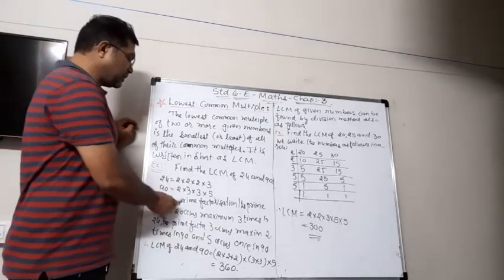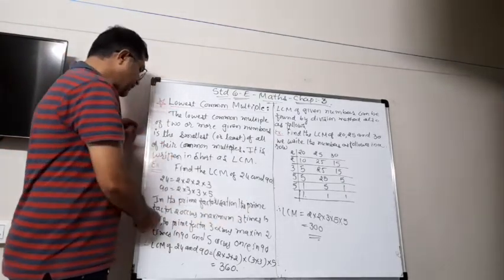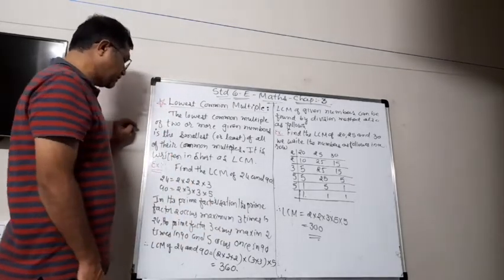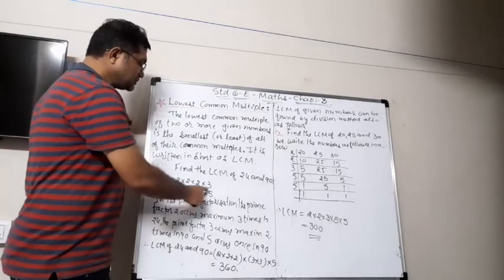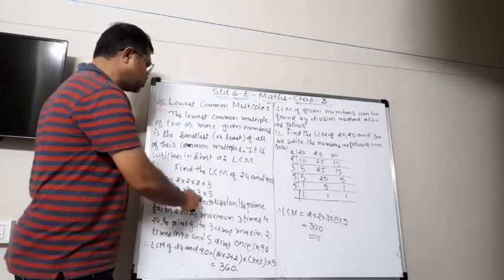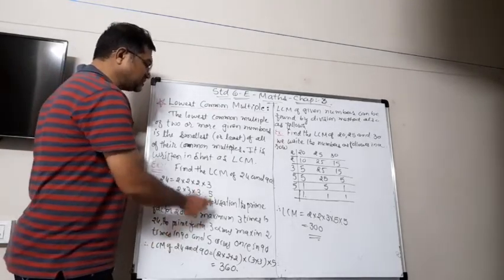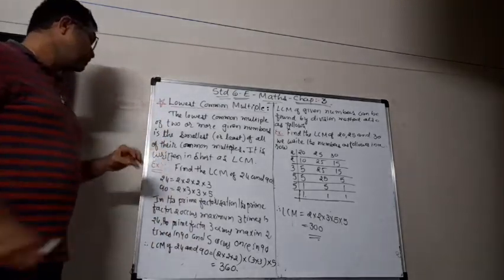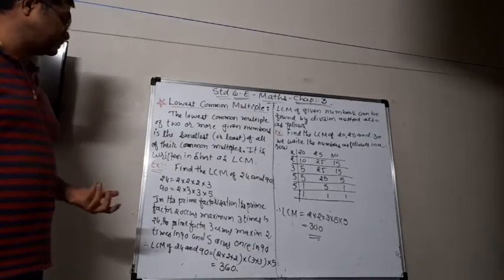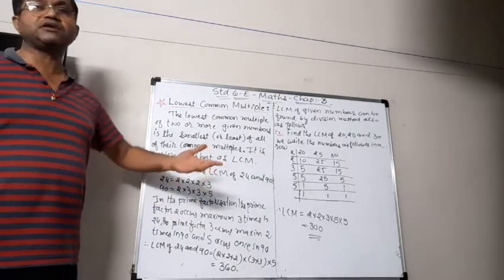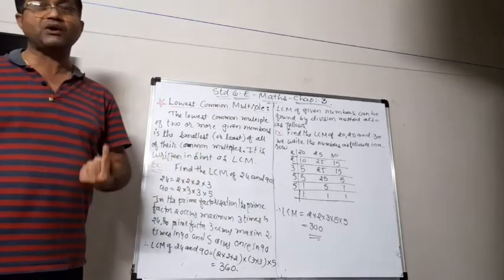So in the prime factorization, we write that the prime factor 2 occurs a maximum of 3 times, in 24. The factor 3 occurs only once here, and 2 times there, so the maximum is 2. So the prime factor 3 occurs a maximum of 2 times, in 90. And 5 occurs only once. It is not even in 24, but the maximum is one.